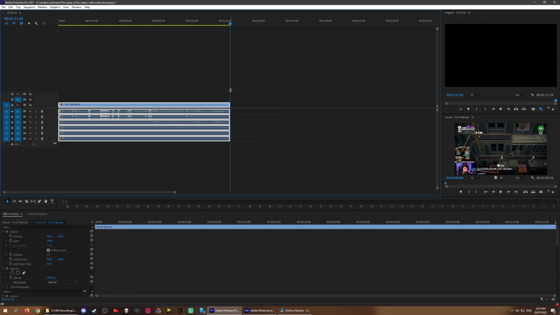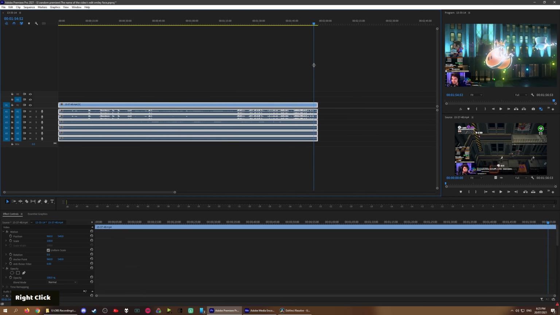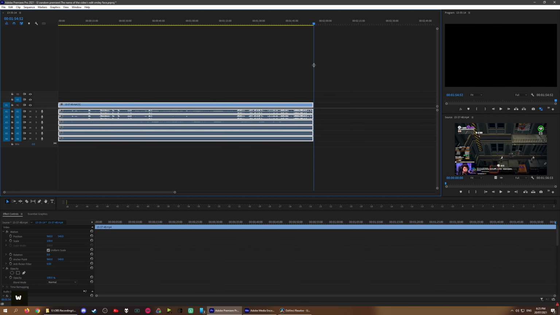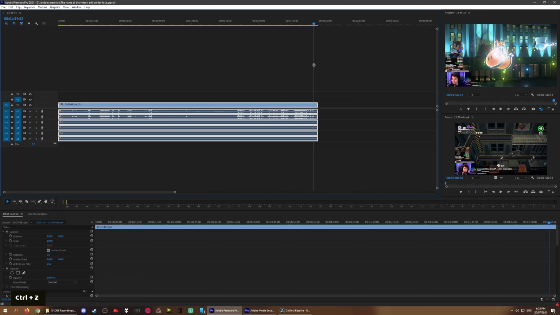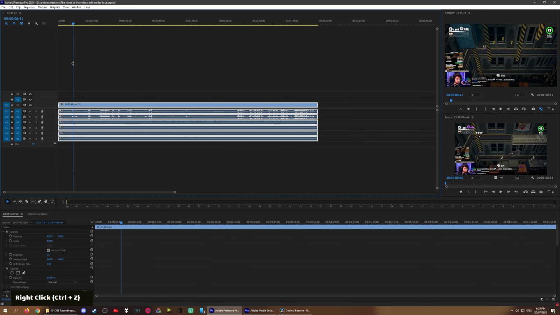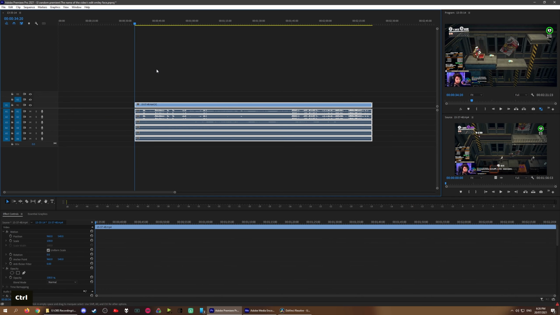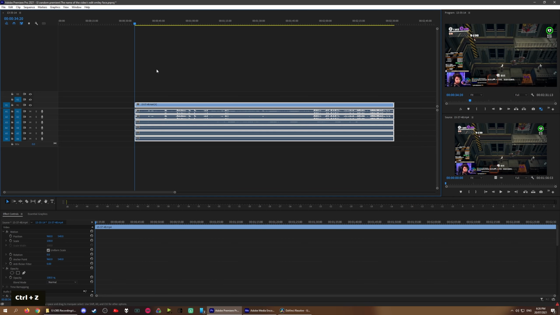W in this case is basically just a keyboard shortcut within Premiere to cut your clip from either end of the track to the playhead. So W is from the end and Q is from the beginning. And it will, of course, function similar to a ripple delete, where it will bring the rest of the track